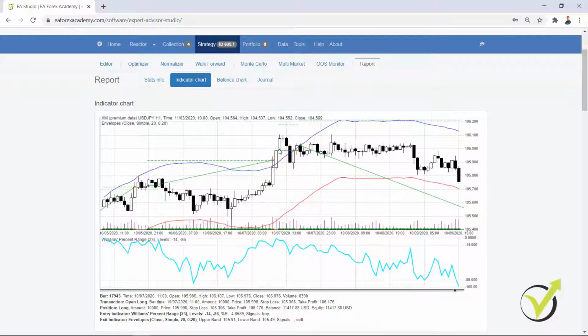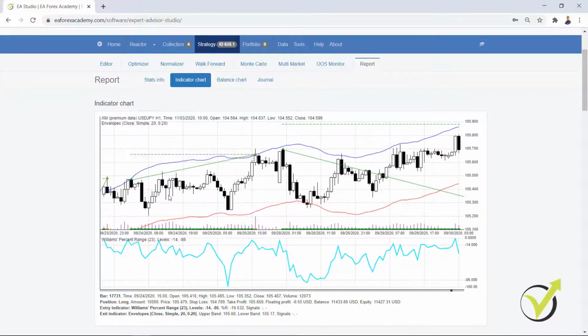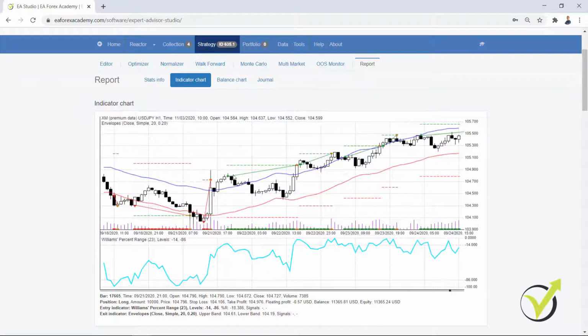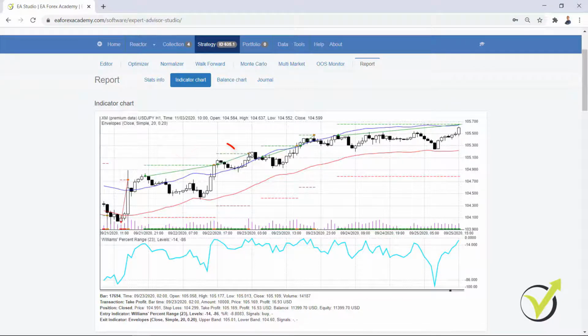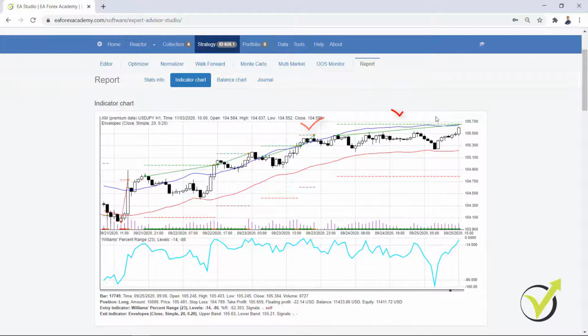So what happened? The trade actually closed here. But if we go back and look at it, we will not see that we have the exit. Okay, so this is the huge difference when we use strategy builders like EA Studio. And this is the benefit of having a backtest, because we see exactly what happened, where the trades were open and closed. You can see here consecutive profitable trades, very beautiful. Okay, long trade, another one, third one, fourth one, fifth one, 5 consecutive trades on a profit.